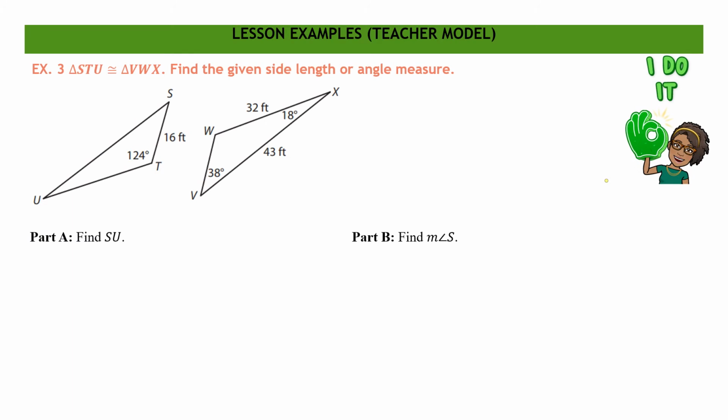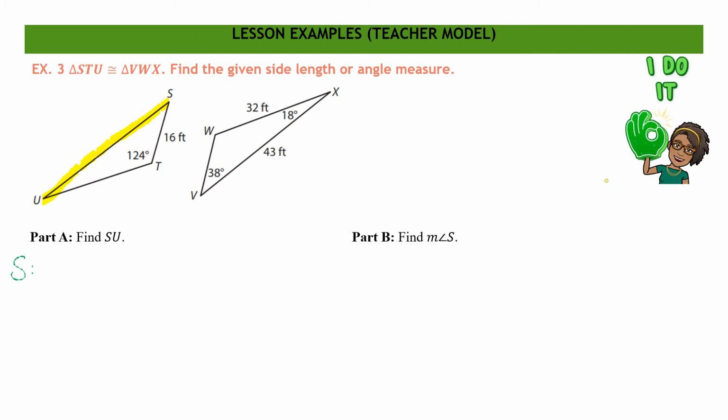Okay, example 3 tells us that triangle STU is congruent to triangle VWX, and they want us to find the given side length or angle measure. In part A, we're talking about a side length. They ask us to find segment SU, which is located here. Before we can find segment SU, we have to first write what we call a congruency statement, and we're going to do that using our SSS